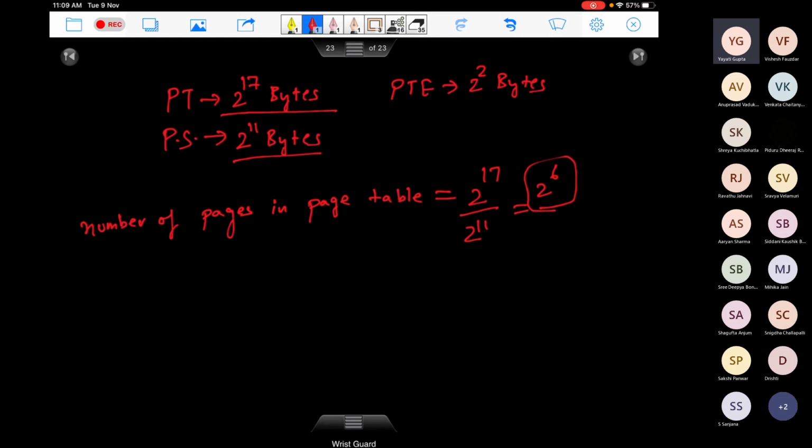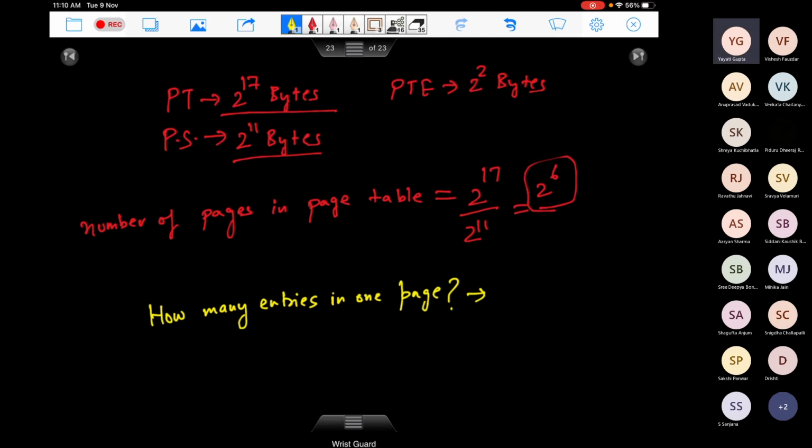Okay, before that, let's also quickly look at one thing. So how many entries can one page hold? So we also need to keep a track of this.